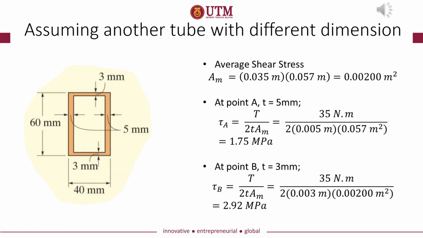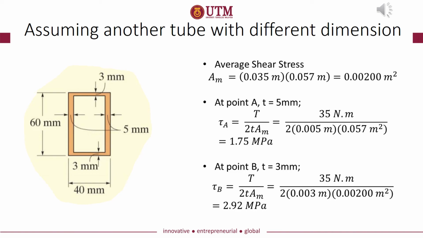The next slide, we talk about assuming another tube with different dimensions. For another tube with different dimensions, we must find the average shear stress, where Am equals 0.035 meter times 0.057 meter, which equals 0.00200 meter squared. For point A, t equals 5 millimeters. We get tau A equals T over 2 t Am, equals 35 Newton meter over 2 times 0.005 meter times 0.057 meter squared. And you get